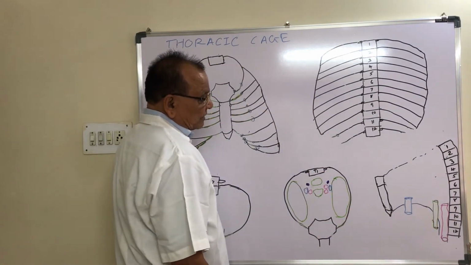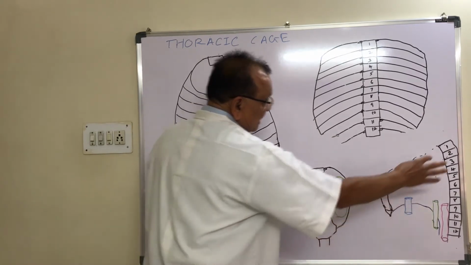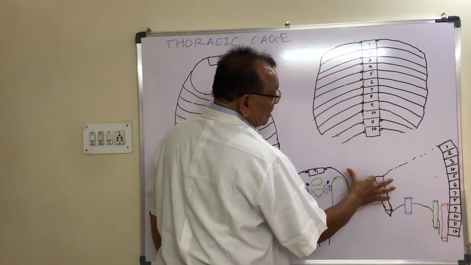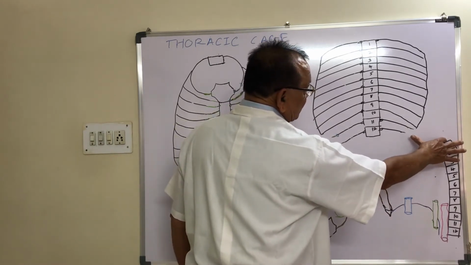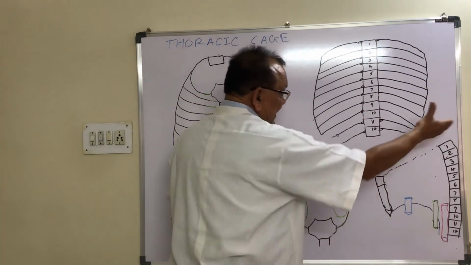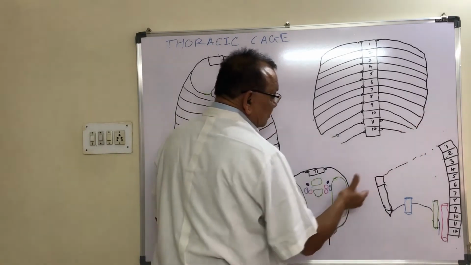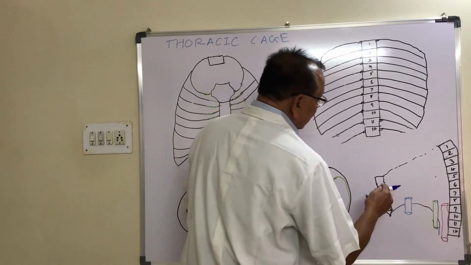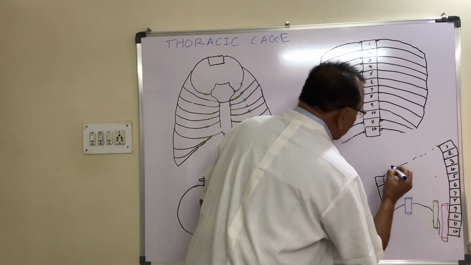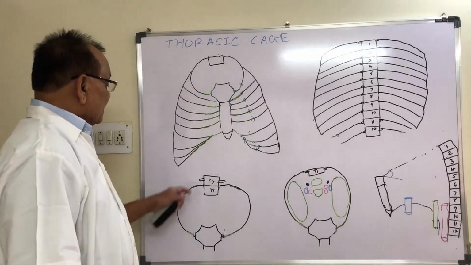Suppose here, this is a lateral view of the thorax. In the lateral view, see, this is the sternum, manubrium, body and the xiphoid process, and these are the 12 thoracic vertebrae. So the suprasternal notch is at a lower level, and the upper surface of the first thoracic vertebra is at a higher level. Suppose you draw the plane of the inlet. The plane of the inlet runs obliquely, and this oblique plane makes about a 45-degree angle with the horizontal plane.